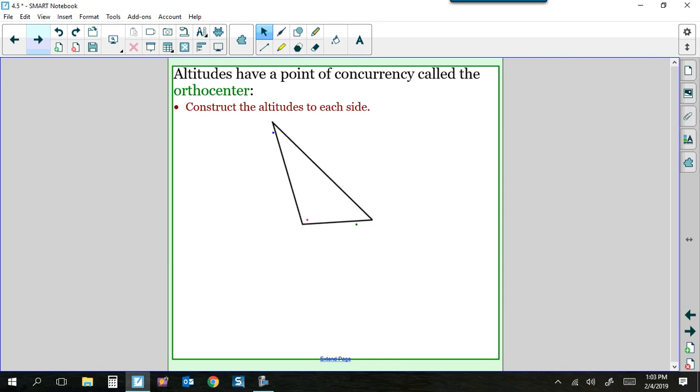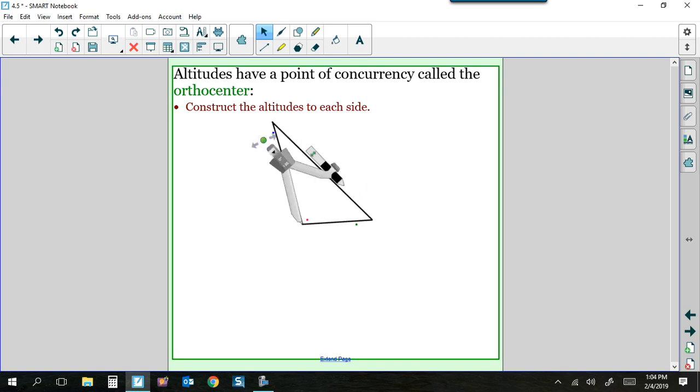So the first one we're going to do is construct the altitude from the obtuse angle because it's the easiest one to start with. If we have to go through a vertex and be perpendicular to the opposite side, this is the same as the construction we did in our previous lesson, lesson 4.4. It's the same as constructing a perpendicular line through a point not on our line. So if you remember from 4.4, you just put your compass on the point, which in this case is the obtuse angle vertex. And you're going to open it just beyond our side that we're going to be perpendicular to,